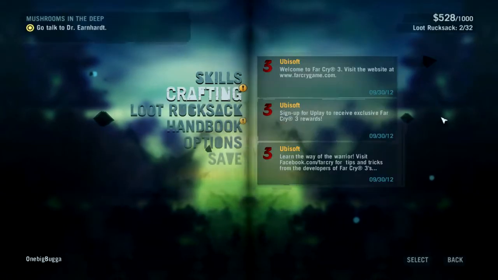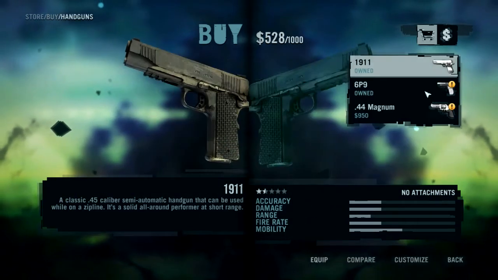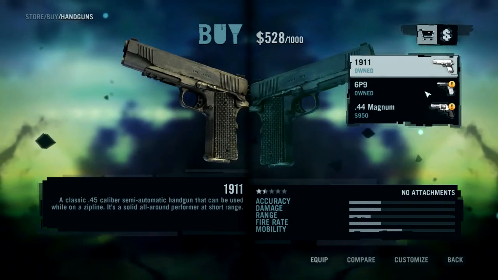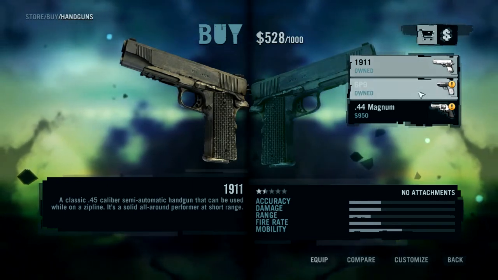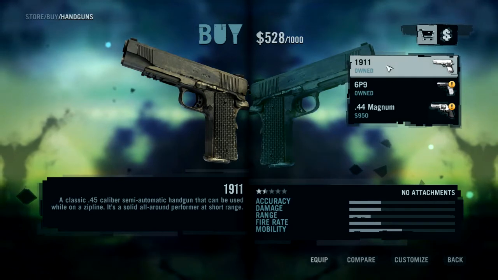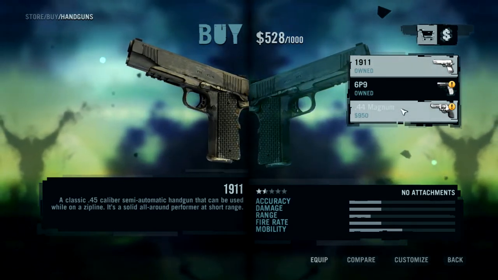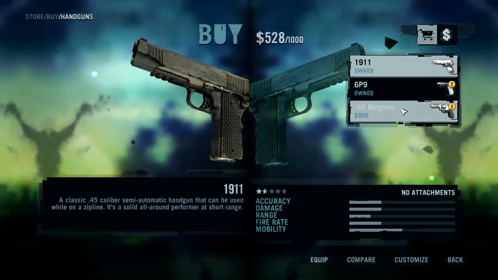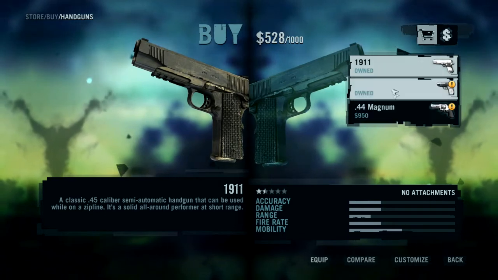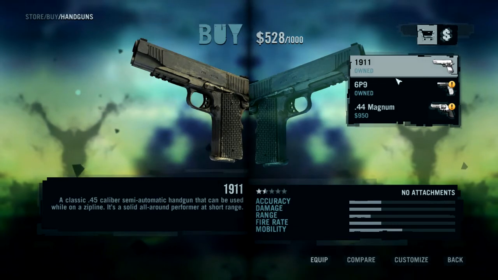Now, in terms of weapons, handguns. I only carried a handgun because I had nothing else I could carry. You know, you're given this for free for unlocking a tower. You're given this for free. The 44 Magnum is something you have to unlock using Uplay points, and I unlocked it because I had the points. But I've never gone back to a handgun. I've never, ever gone back to a handgun